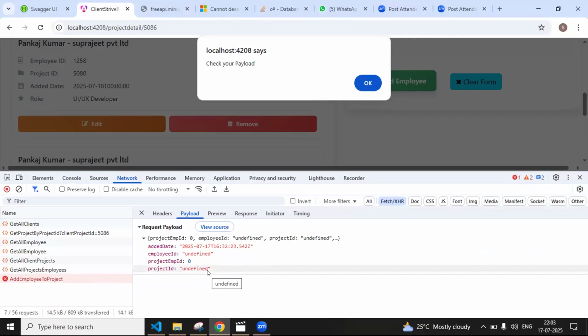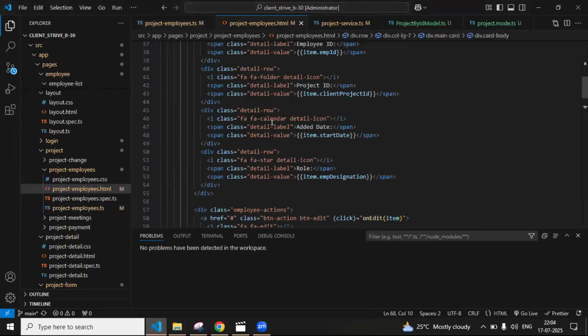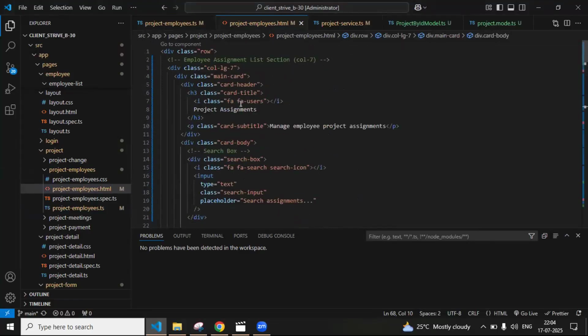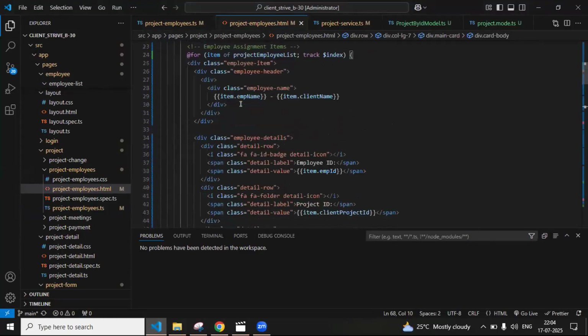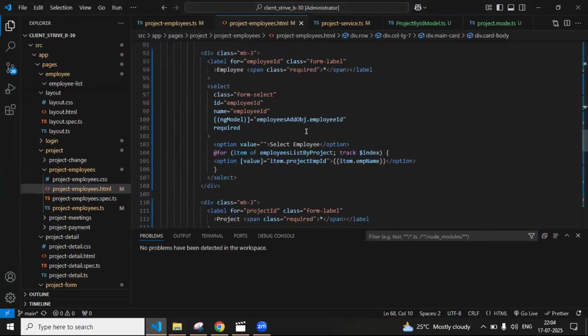Now, what is the object you have created and what you have binded, is it the same or not? Say that properly because you have created multiple objects, right? Check the object, just double check it. What's the object you have binded? Go to the form. Employee address object. Okay. And see what object you are passing to the API call.